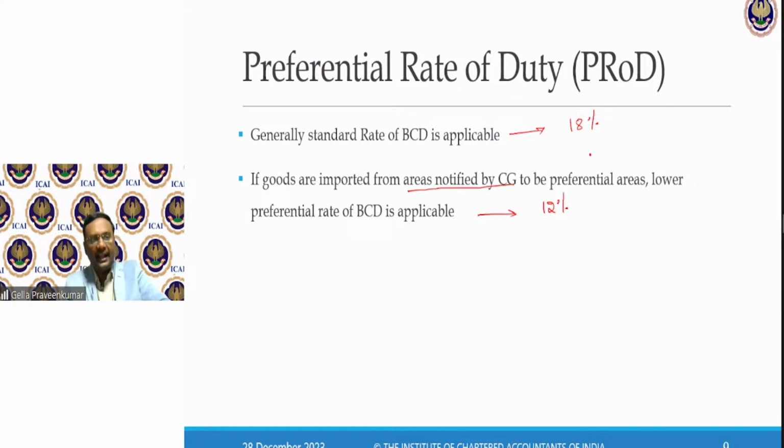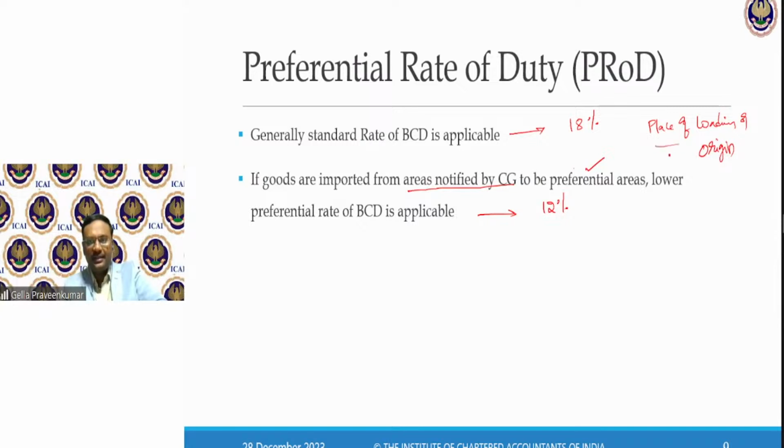Then as an importer, when I import the goods, what do I have to do? I have to mention that this particular entry is from a preferential area, where my place of loading or origin will be available in my bill of lading.